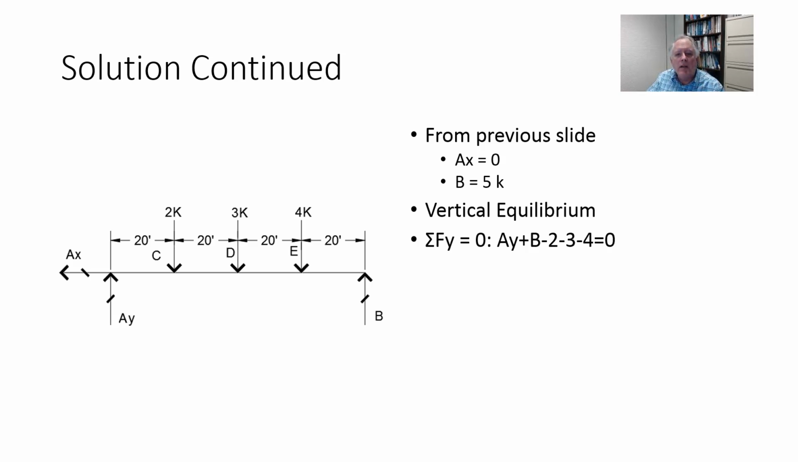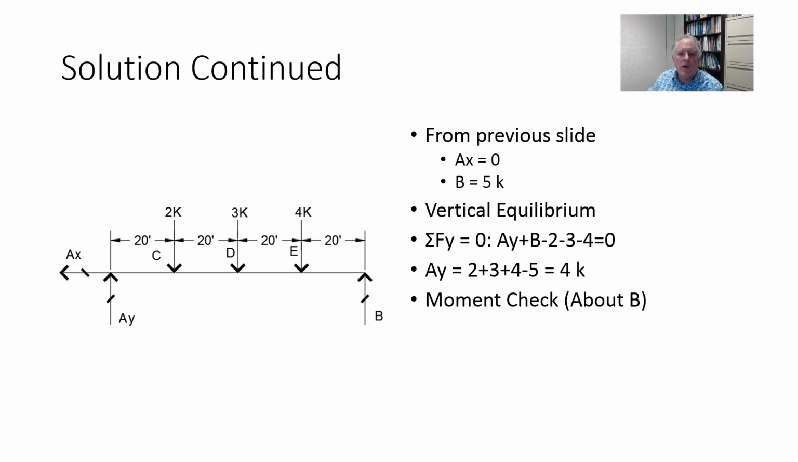Sum of the forces in the y direction equals 0, so look at only the vertical forces. Should I put AX in there? No. AY plus B minus 2 kips minus 3 kips minus 4 kips should equal 0. Simplifying, AY is equal to 2 plus 3 plus 4 minus 5. Where did the 5 come from? It's the substitution for the value of B. That equals 4 kips. So next I need to do a check by taking moments about B